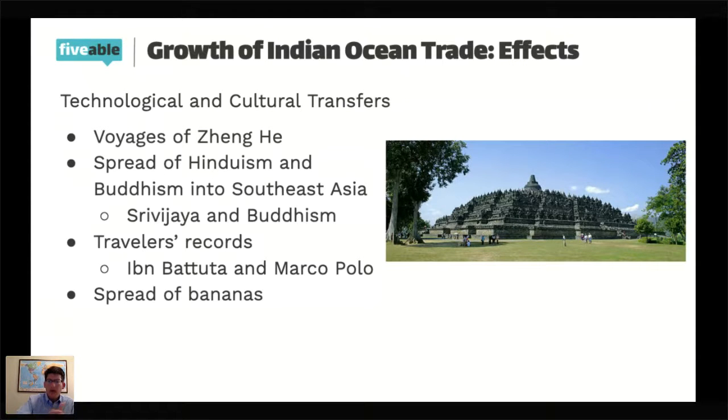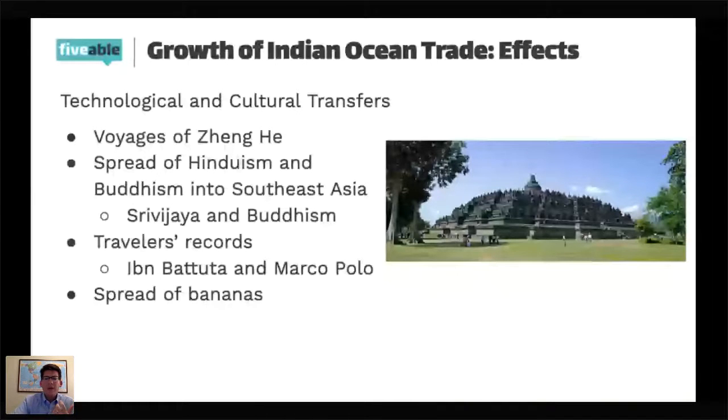That would be helpful. But Borobudur is the temple where that first image that we saw of that ship came from, actually. And so the spread of Buddhism to this region via trade, and then also from this region to the surrounding areas, was certainly a feature of the kind of cultural transfer that was found in the Indian Ocean. Same way that Islam spread, as we talked about earlier.